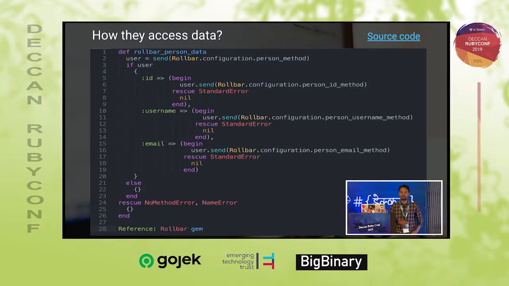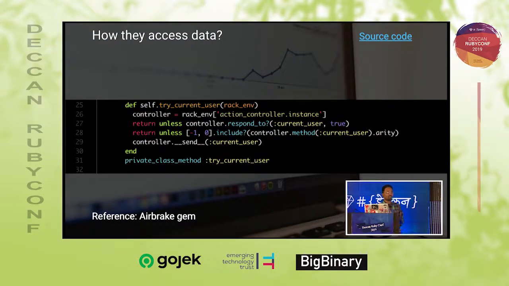As you can see at line number 2, the gem is trying to figure out the current user that is passed when this exception occurred. So at line number 2, this gem has an instance of your current user, the logged in user. And in the later code, the gem is trying to figure out the username and emails. Not only usernames and emails are available to the gem at that moment, but also the tokens, the phone numbers, and each and every piece of information that is available with the user object. This is one example with the gem Rollbar. Similarly, you can find the same with reference to the gem Airbrake.